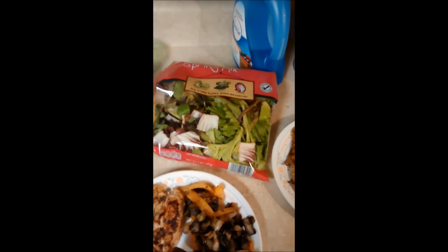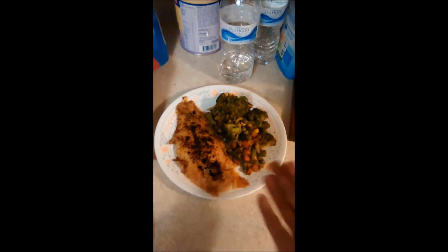Ideas. You could put these in the microwave for 5 minutes. Veggies, protein, sweet potato. We've got a meal here. You can also add chicken on top of your salad. You can put just veggie and protein together. And that is it. I hope that this helped, and you guys have a